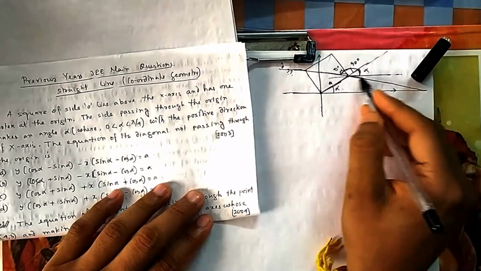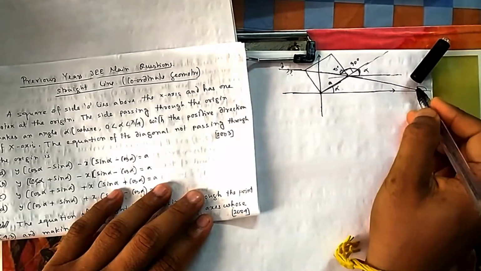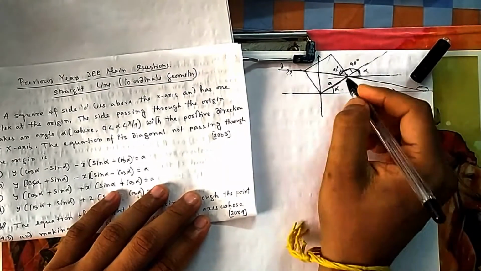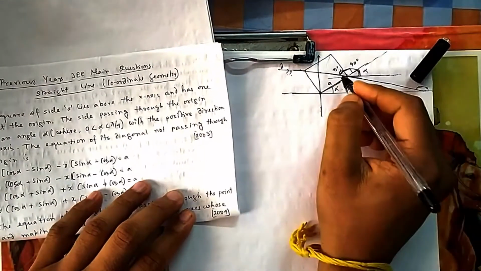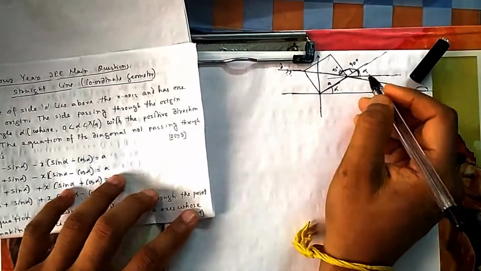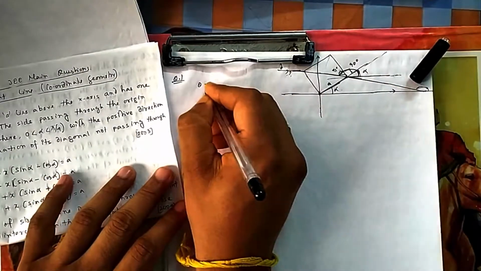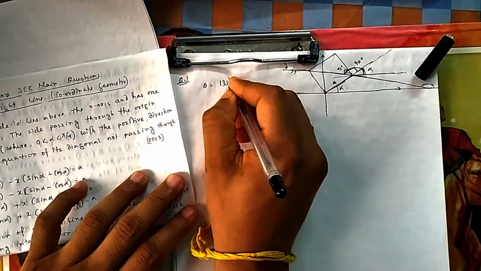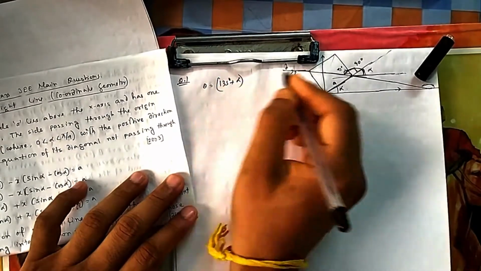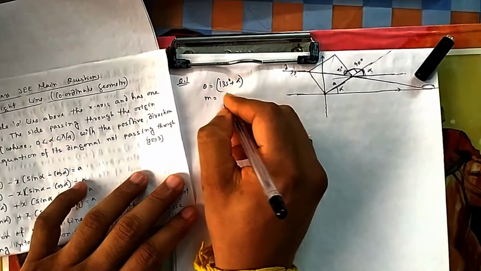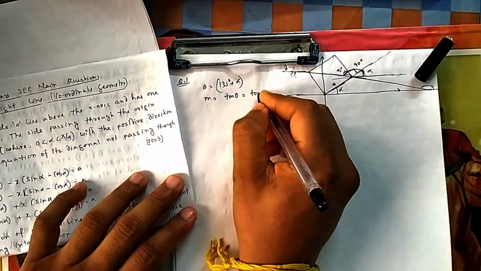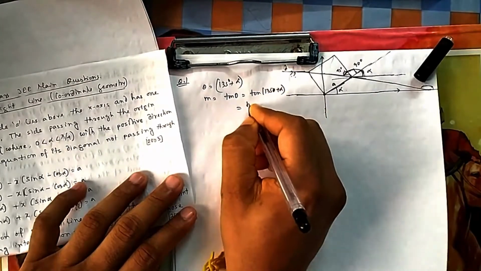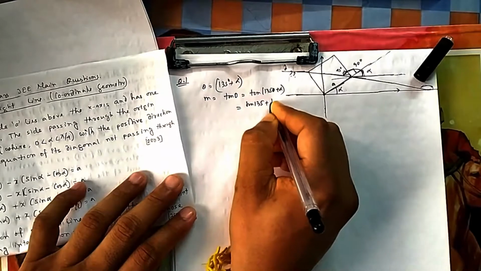This is my x-axis, you can think. This angle I am talking about is nothing but this angle. So this is alpha, then 90, then 45, because it is a diagonal, so it will be 45 in the case of a square. So the theta that it is making with the x-axis is 90 plus 45, that is 135 plus alpha. Once you know this, you know the slope is tan theta. So tan of 135 plus alpha.